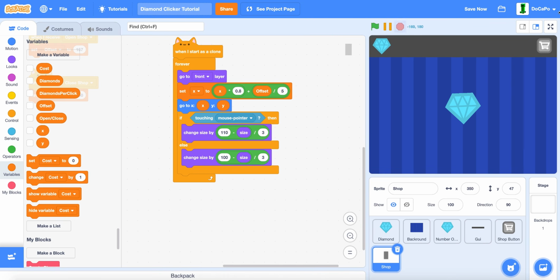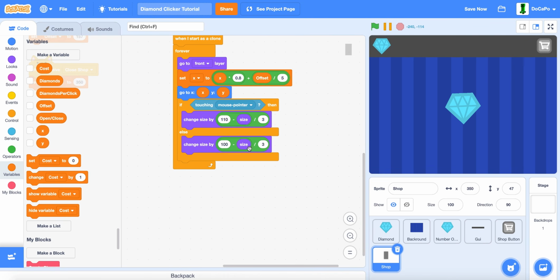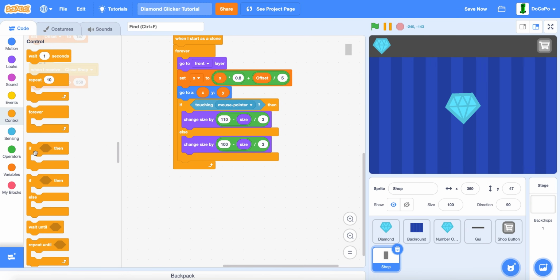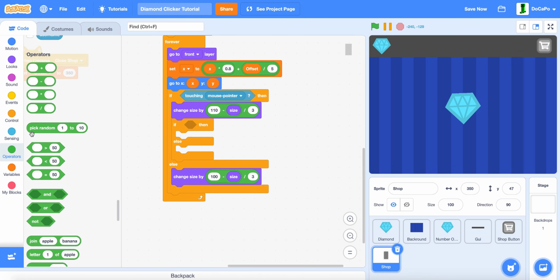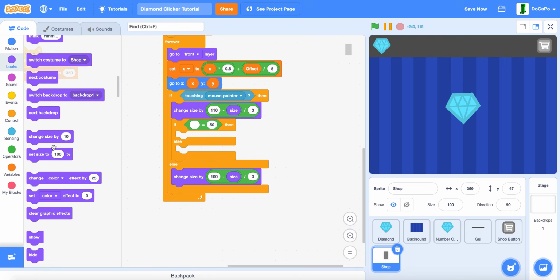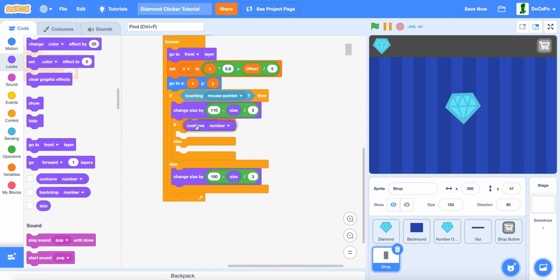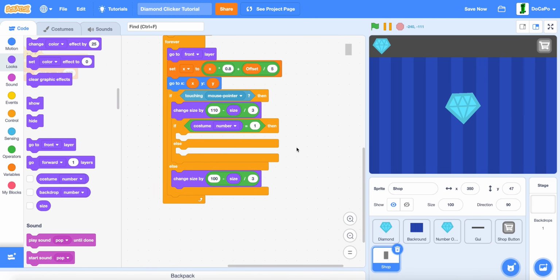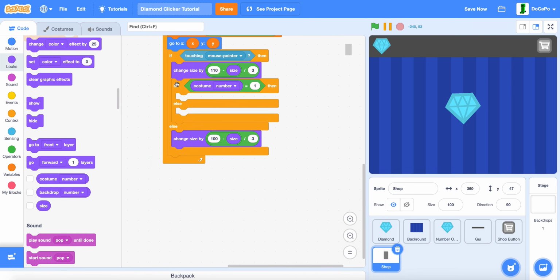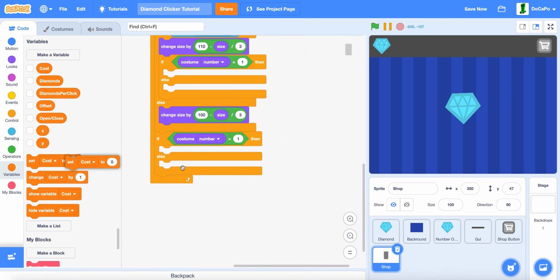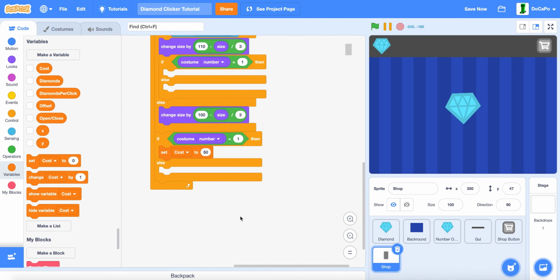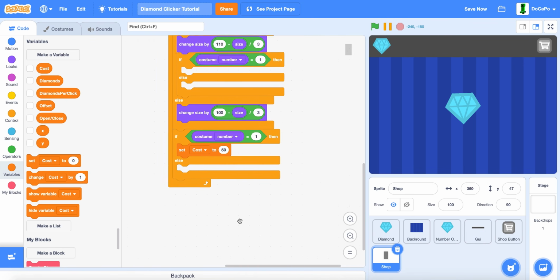And now if else, costume number equals costume number equals 1, then duplicate this and put it in the bottom part of here, which is equals 1. Set cost to 50, and now